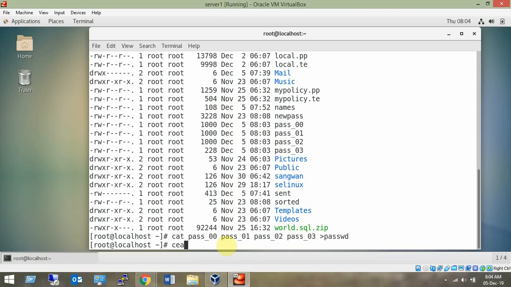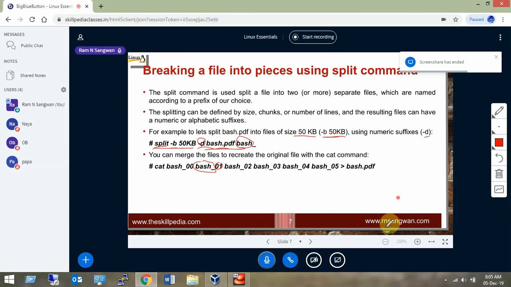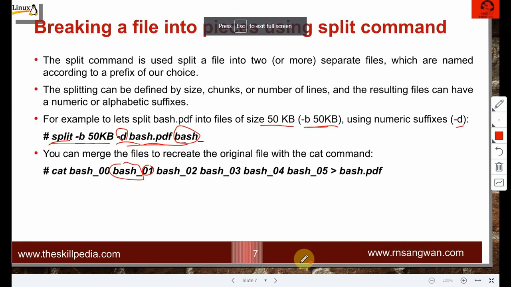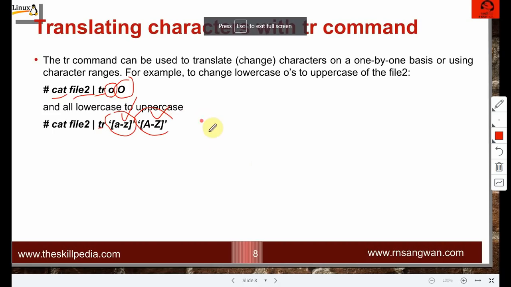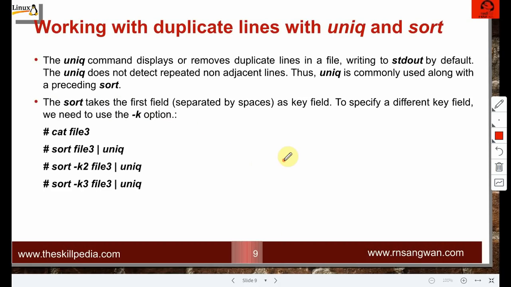Next, after this, what was the command after this? Cat, split command. Okay, after split we were working on the tr command, and then sort and unique command.